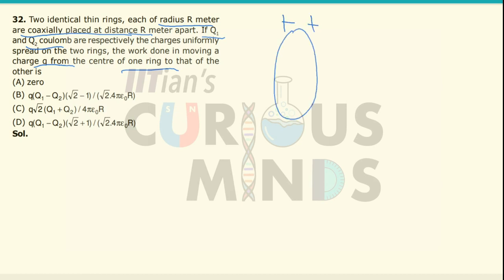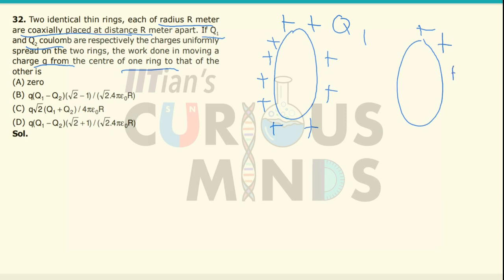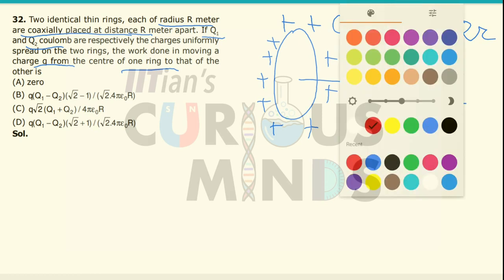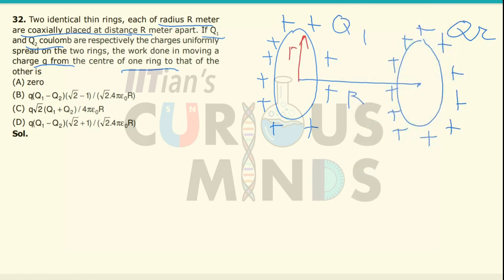Now if I consider this as the first ring, both the rings have the same radius. This is the first ring of charge q1 and there is another ring of charge q2, and both of them are coaxial. The distance between them is equal to r. The radius of each ring is equal to r. So let us say that a charge q is placed at the center of the first